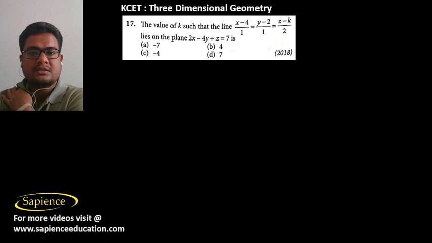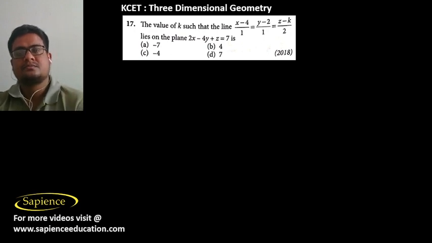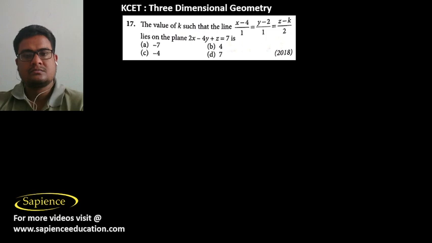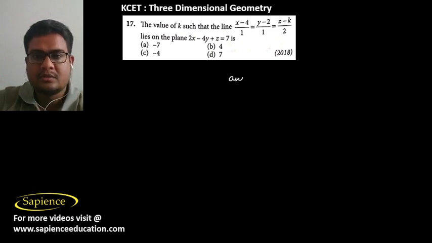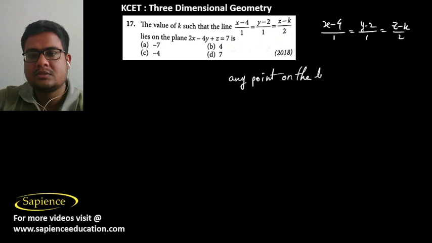The value of k such that the line lies on the plane is this. So any point on the line is given as, suppose the line is x minus 4 by 1, which is equal to y minus 2 by 1, that is z minus k by 2. So any point on the line is given as